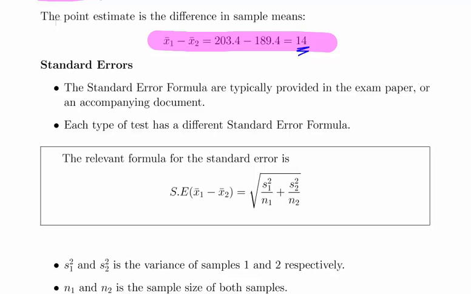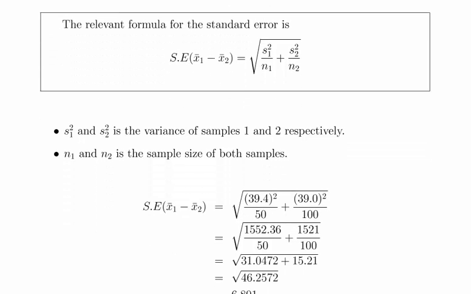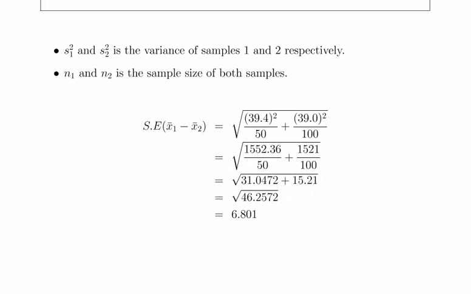So the standard error is typically given in the back of the exam paper, and it's based on the sample sizes of both groups and the sample variances of both groups, which is to say the standard deviation squared. Now it's a bit of calculator work ahead of you there. 39.4 squared divided by 50 plus 30.0 squared divided by 100. Okay, and that gives us